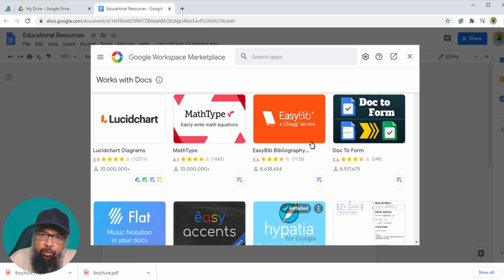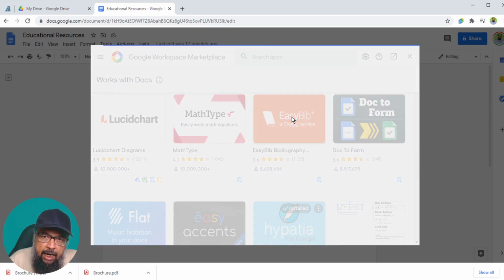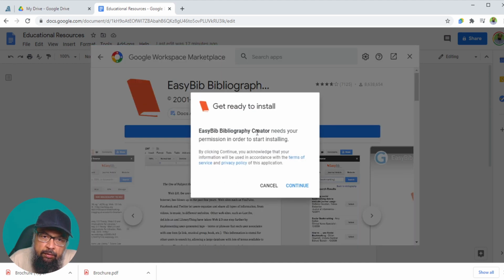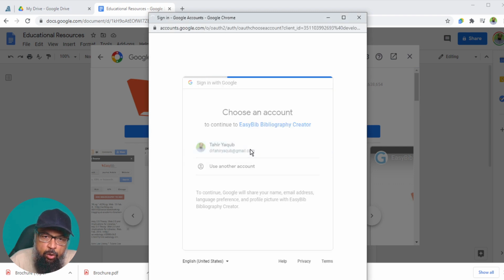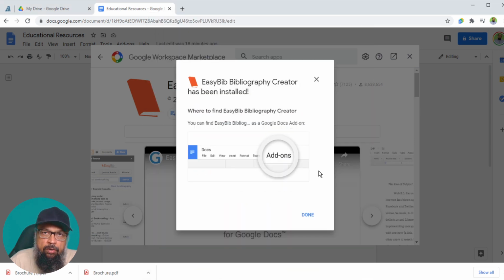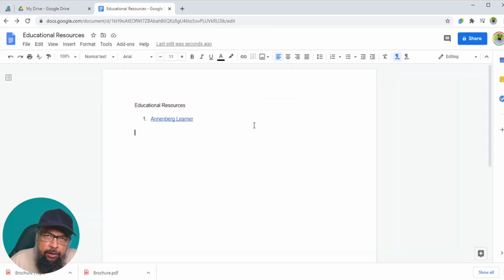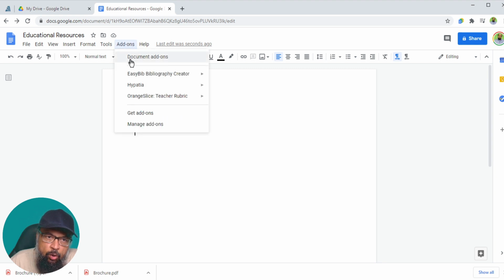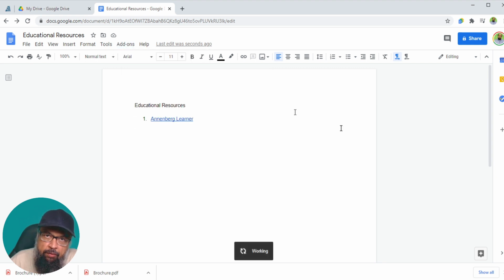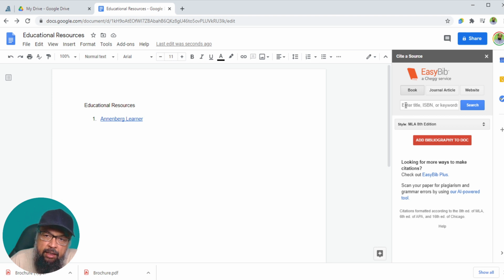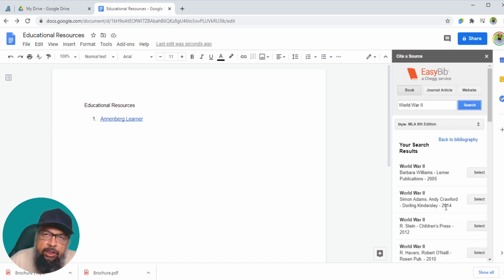But the add-on we are looking for is called EasyBib. If I click on that and now I click install, continue, I choose the same account and allow. Now this add-on has been installed, so done, and I can close this now. And now what we can do is, if I click on add-ons, EasyBib and manage bibliography, now I can put a title of any paper or the ISBN here, or even I can search for any keywords. Let me type any random topic, for example World War II, and I search,